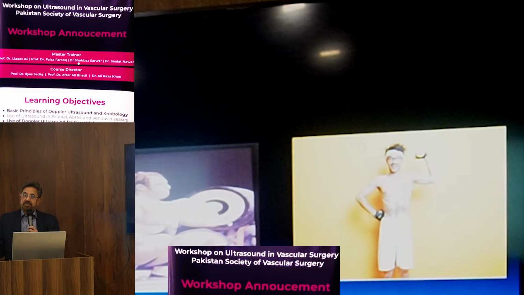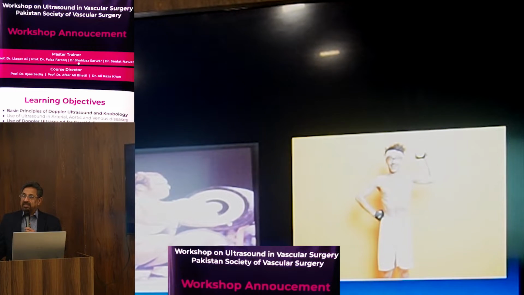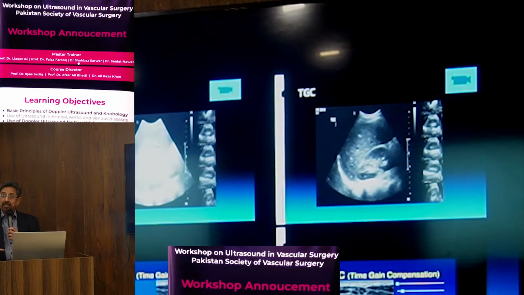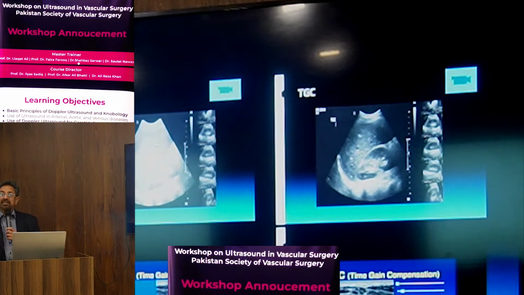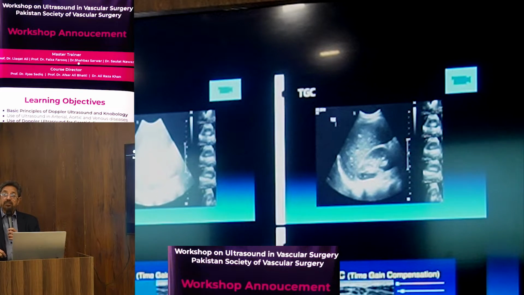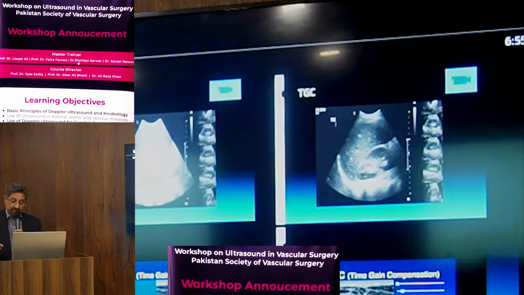If a very obese patient comes to you and you try to use the higher frequency, you can't even penetrate the thigh of that patient, a very big thigh. So sometimes you have to use the curvilinear, low frequency probe if the patient is obese. Normally there is a general concept to always use a flat, high frequency probe for the limbs. But sometimes you put the flat probe and you get nothing, you can't even get to the vessel, so much fat is there. So it's very important to know the tricks and tips of how to scan that patient and get a good picture.